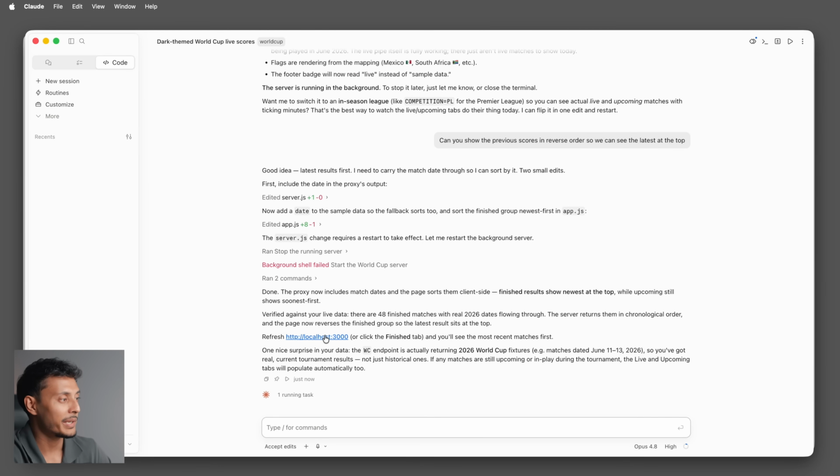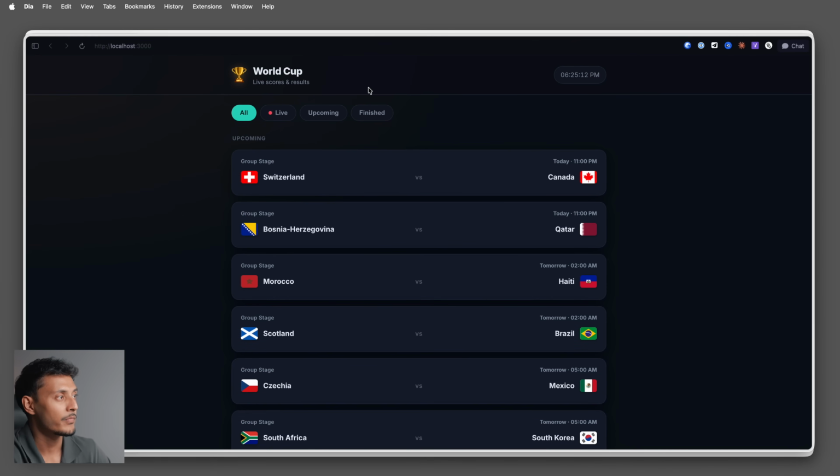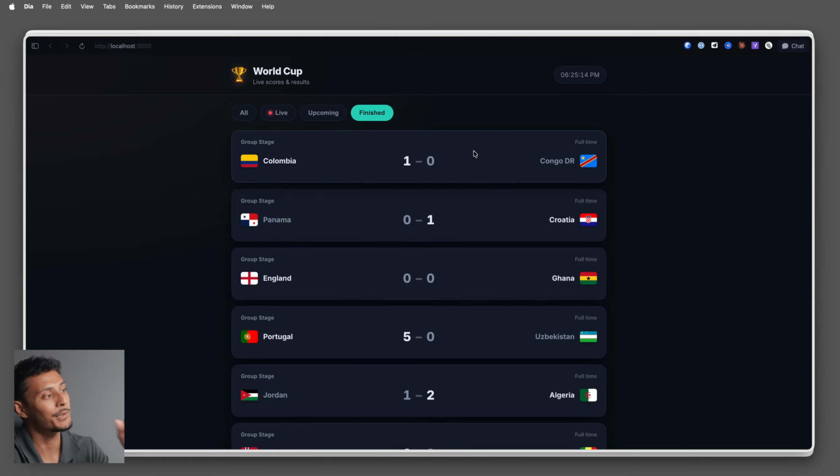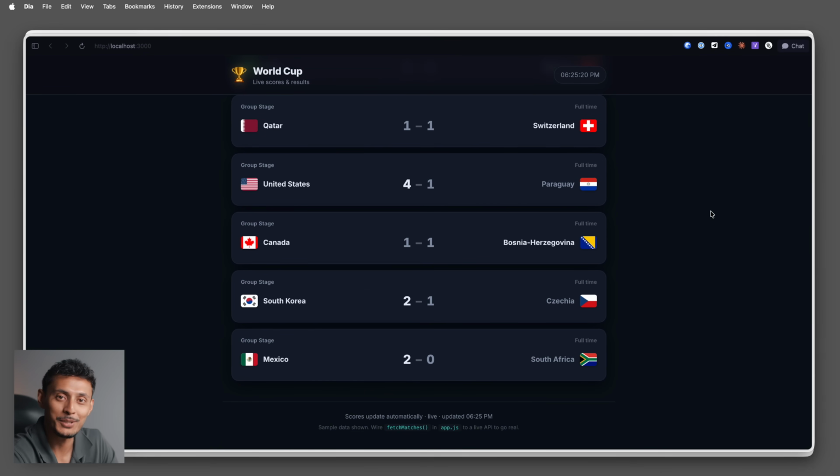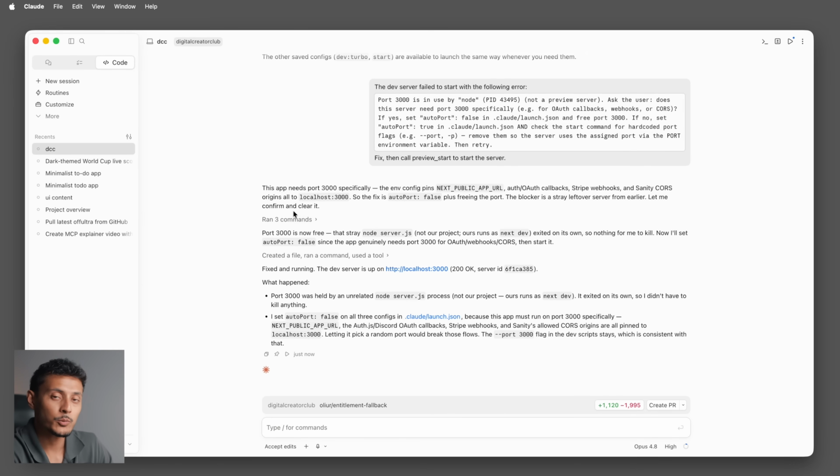Cool, great. It's now made the change. We can click back into it and go to finished, and we can see our latest scores now showing at the top. It really is amazing how I can just do all of this without having to mess around with code myself. Now let's tackle an actual project that I'm working on, a live product, a live website,